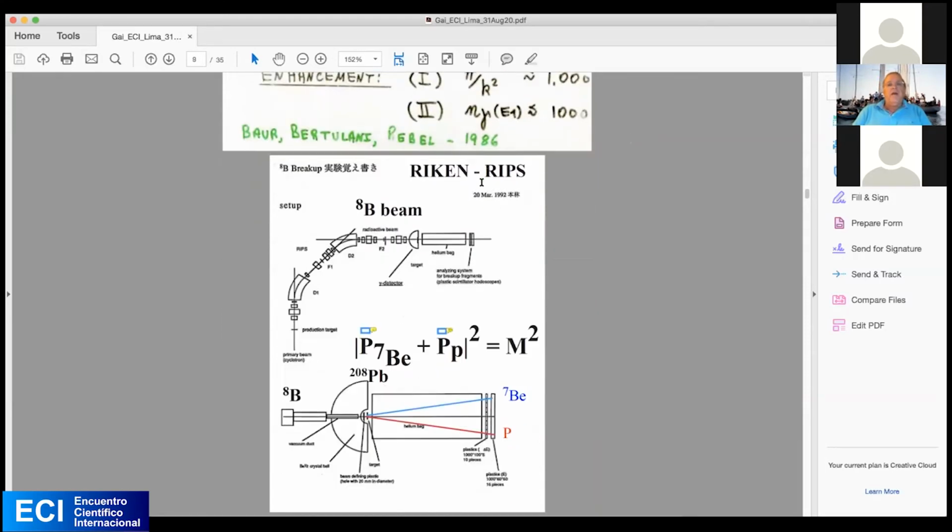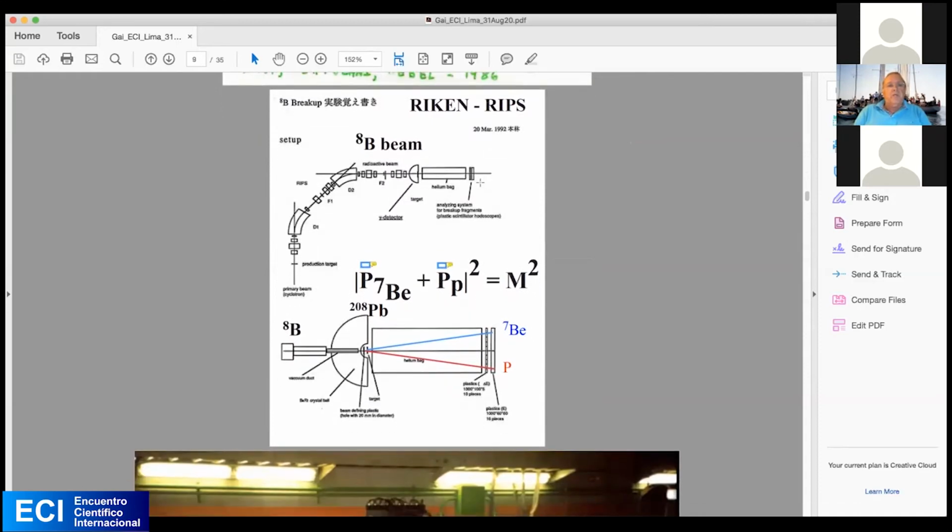So in fact, we went to Japan, to RIKEN, where we produce a radioactive beam. We collide carbon with a target and produce a lot of material. We process this material with electromagnetic interaction, with a dipole magnet and electric field, and we can get a boron-8 beam. The boron-8 beam impinges on a lead-208 target, and we measure in the forward angle the proton and the